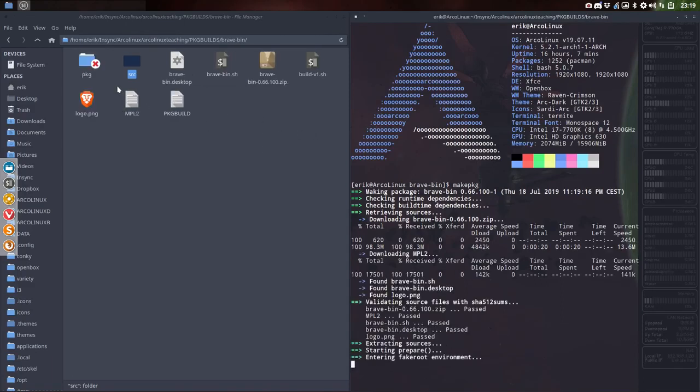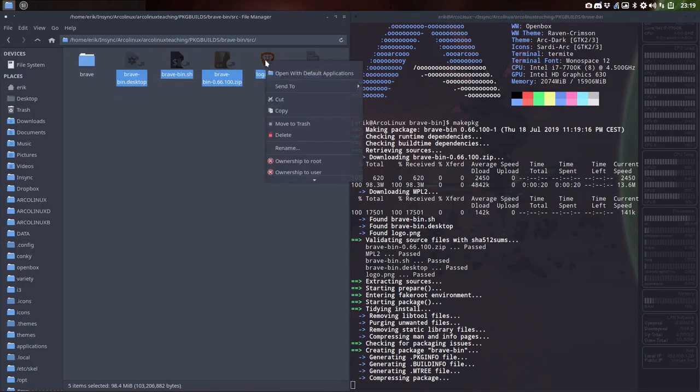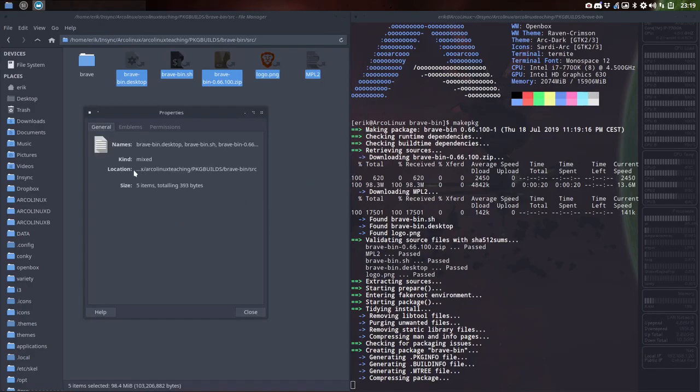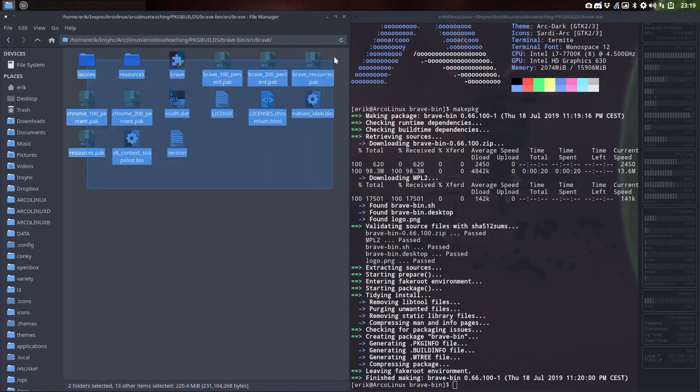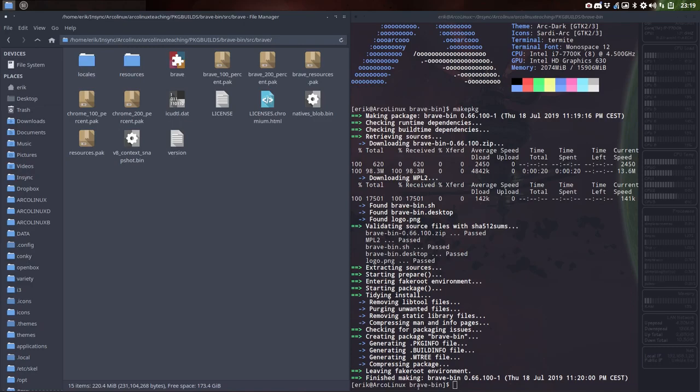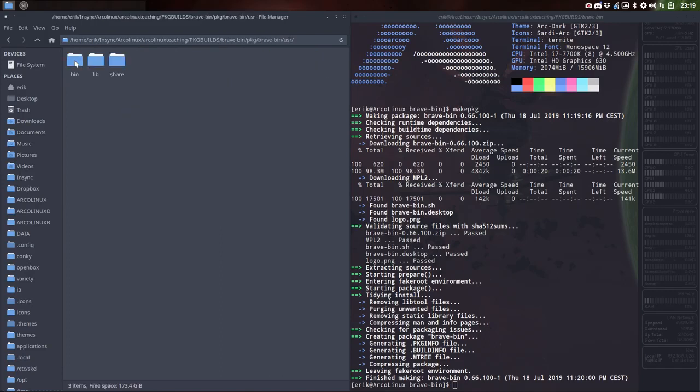We'll have to wait. Oh, there it is. I wanted to say we'll have to wait, but it's already downloaded here, the source. These are links to one level up. Let me show properties. So a few levels up in here, you'll find the source, and that's the location. And in here is the actual application, and it's already finished. Meaning it did whatever it needed to do in the package build, and it built itself a user, and then the bin in here is going to be the Brave